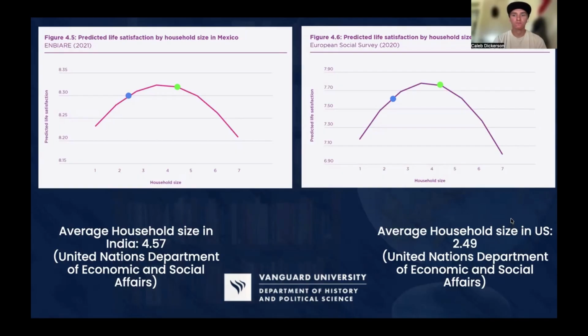The average size of a household in India is 4.57. The green dots on the graphs are where India is ranked. And then I also put the US just for comparison. Our average household size is 2.49 people, and they're the blue dots. So, as you can see, the happiness score in India, based on the household size and social support, is one of the strong points, and they're even perhaps stronger than the US in that regard.